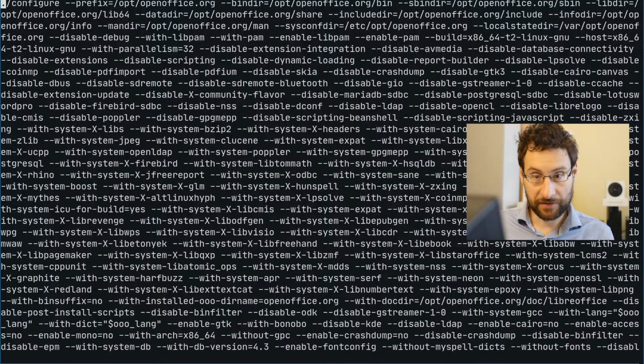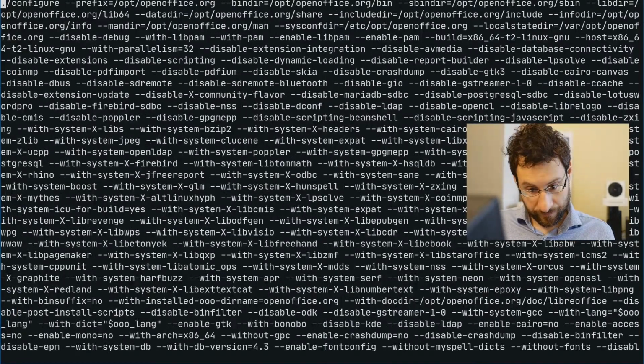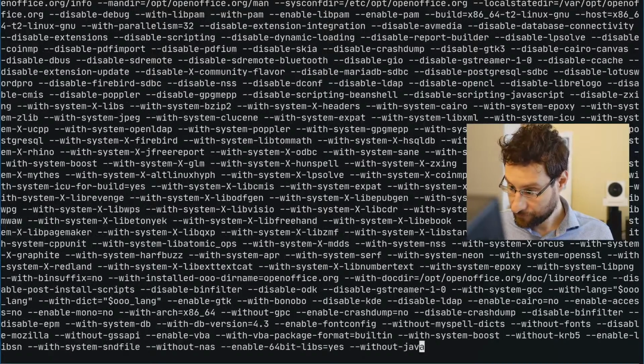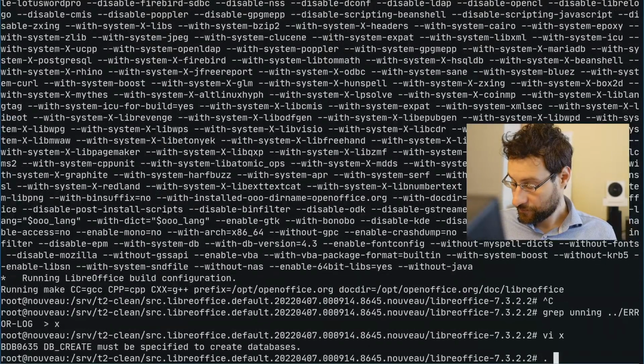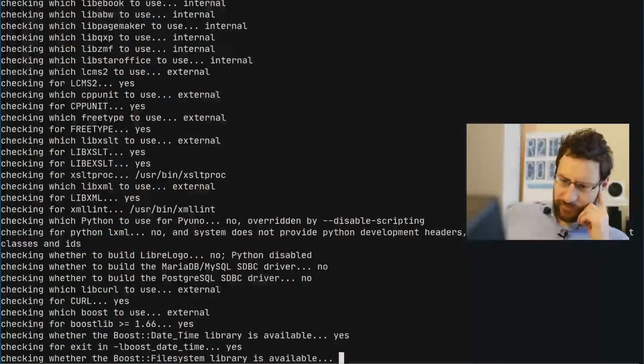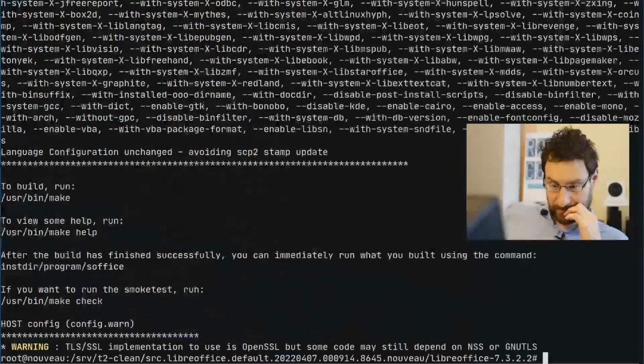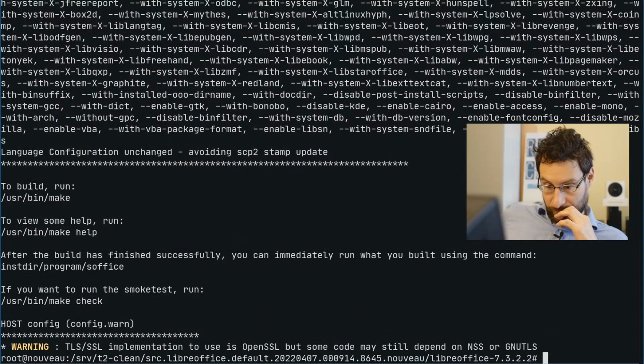Don't want to copy and paste that. Let's maybe try. To rerun this, I first want to see if the same, I mean, I hope it finds everything. To build, run make.